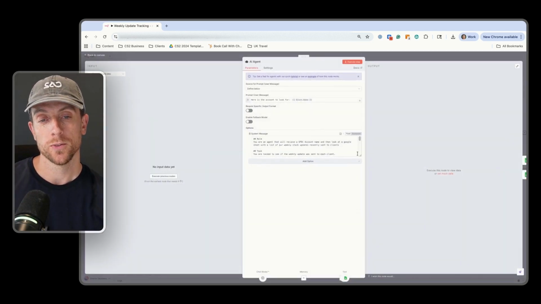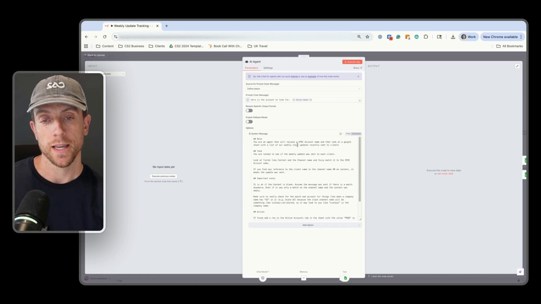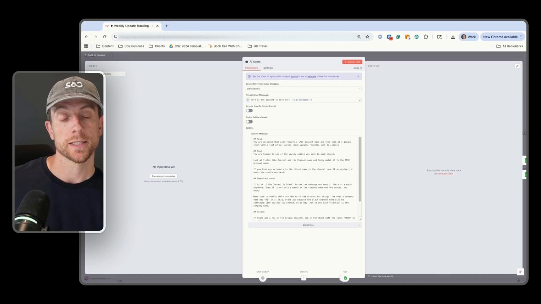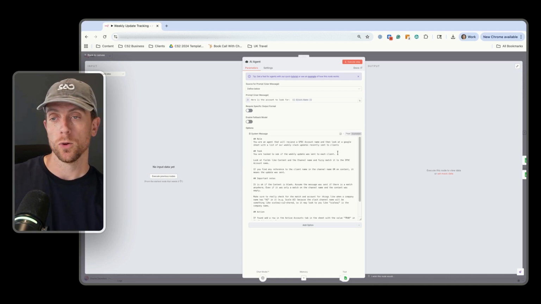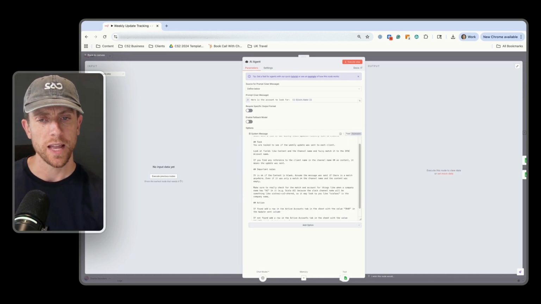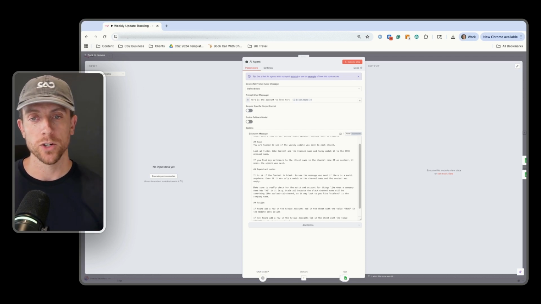So for this one, what I'm asking it is, okay, you're going to receive an account name. So in the previous steps, obviously, we've got the account data coming in from those contracts. Here's the account name. So say it's CS2. Now go pull all the rows out of this Google Sheet, which is all the messages that were sent out on Monday that have the client update in them, and check fuzzy match across like the content of the message,